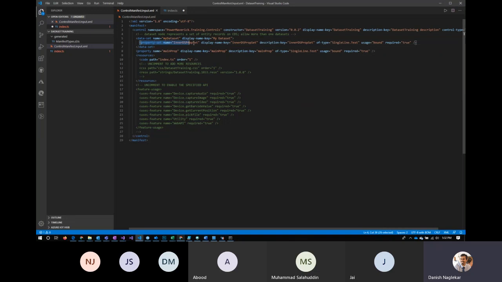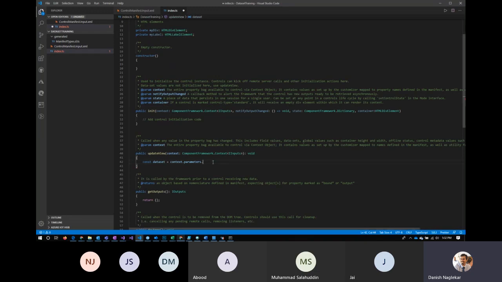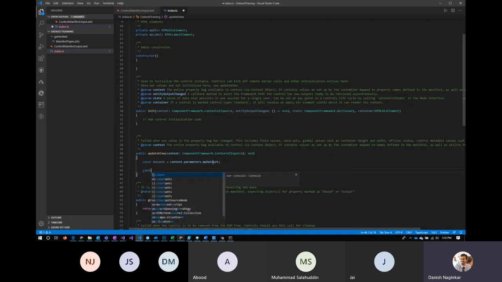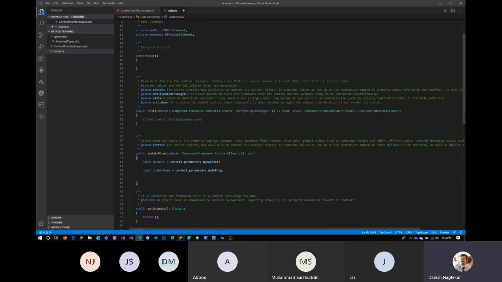I don't get this property set as part of the parameter. So if you see here, parameters dot, I only get two things. In here, I want to get my data set first, so I retrieve my data set. Then the second thing I'm going to do is retrieve my column name. So context dot parameters dot main property is my column name. Now once I retrieved my data set and my column name, I want to retrieve my columns